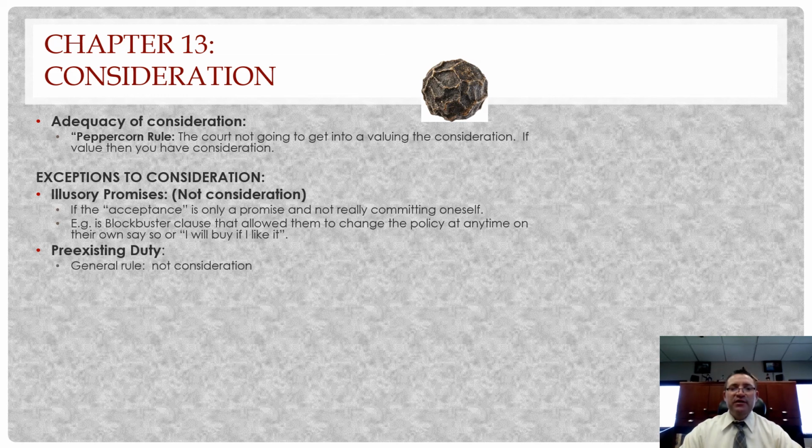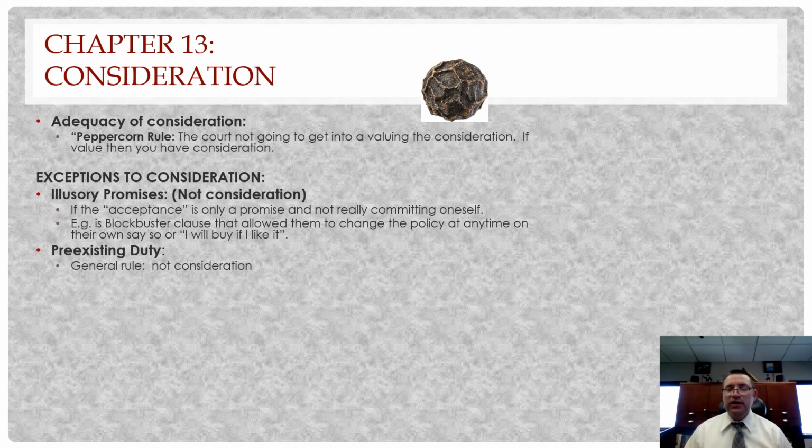All right. Pre-existing duty. The general rule is it is not consideration, right? So remember our scenario we talked about last time where I agreed to mow your lawn for $20 for the next 4 weeks, with the understanding that the only way for me to accept your contract of paying me the $20 was to actually go mow your lawn, right? So if I went and mowed your lawn 4 times, you now have a pre-existing duty to pay me $20. If you came back to me and said, look, I'm not going to pay the $20, but will you take 60? And I said, sure. I'll take 60 instead of the total 80, right?